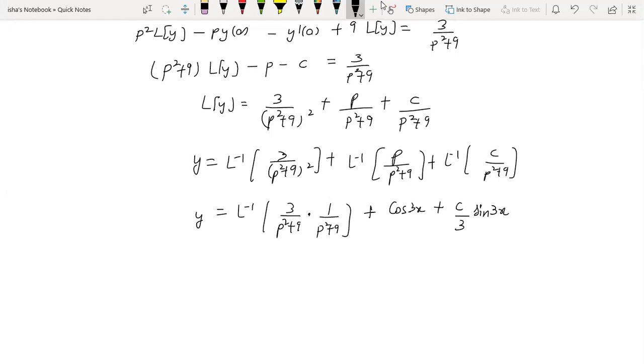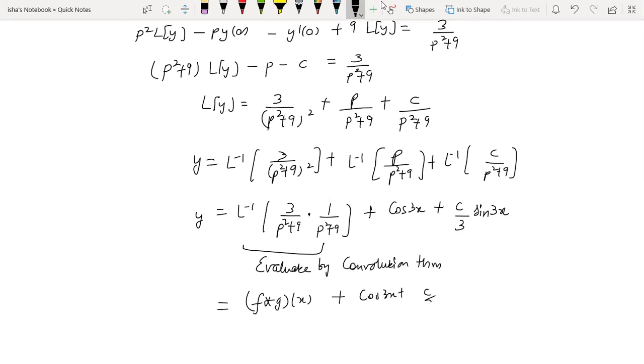For the second and third term we have already got the Laplace inverse. It is only the first term where we have to use the convolution theorem, right? So I'm just skipping this one. I'm just telling you, you try this yourself, it's easy. You evaluate by the convolution theorem. So by the convolution theorem, this part is going to be f star g of x.